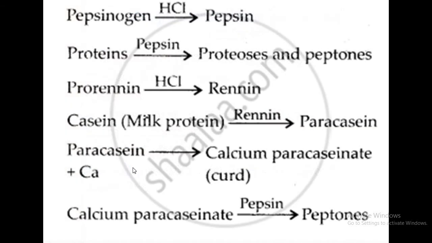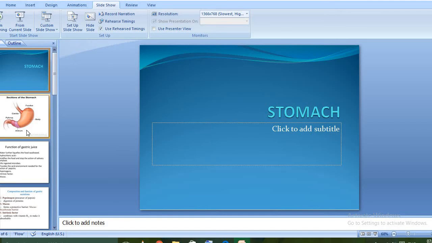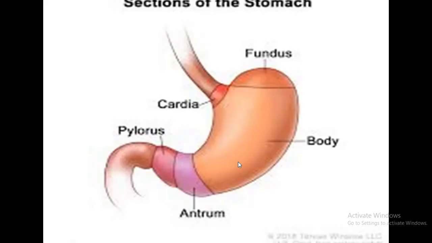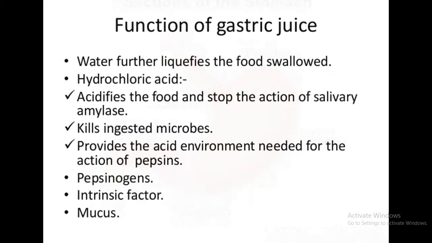Stomach is an inverted J-shaped muscular bag-like structure. Okay, stomach is the inverted J-shaped muscular bag-like structure and it is located in the upper abdominal cavity. So about the location and structure we have already seen in the previous class. So let's start with the juice secreted in the stomach, and gastro term is used for the stomach.